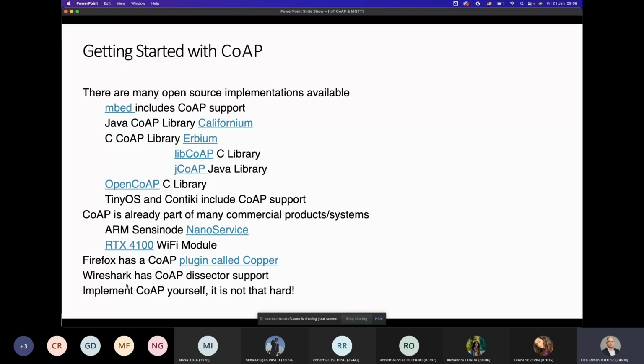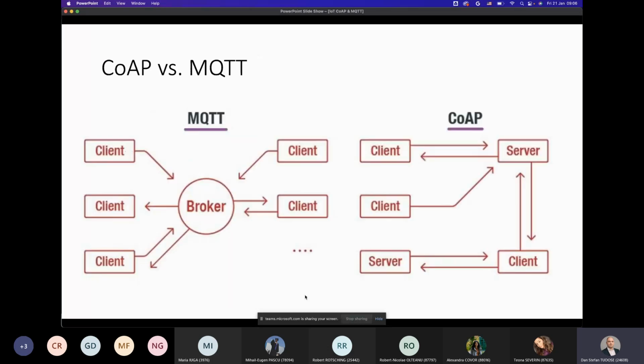And because it's very simple and stateless, you can implement CoAP yourself. It's not that hard to actually implement, and you can be very selective in terms of what parts of CoAP you can implement. So for very constrained devices such as Arduinos, you can even go so far as implement maybe a tiny part of CoAP. So not the entire support for block transfer, for example, or subscribing, observation type, things like this.